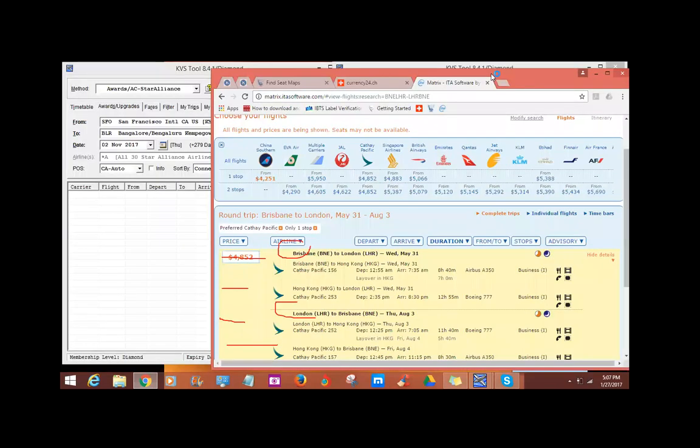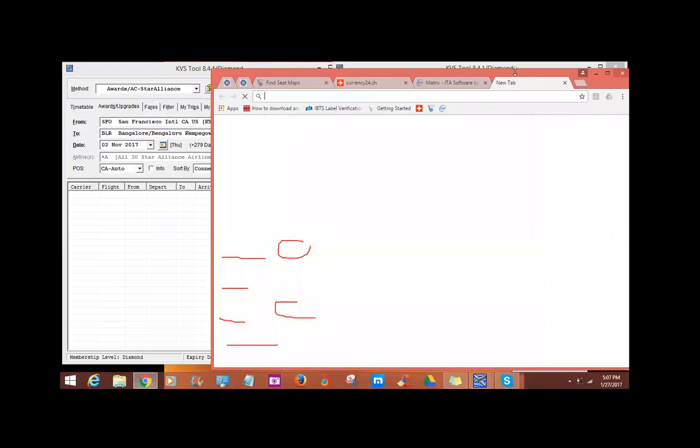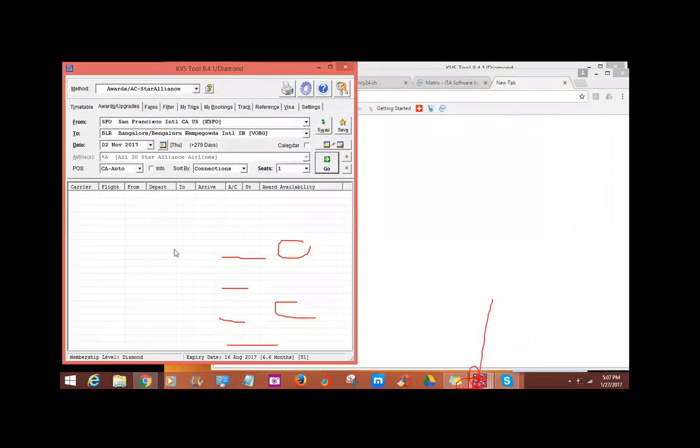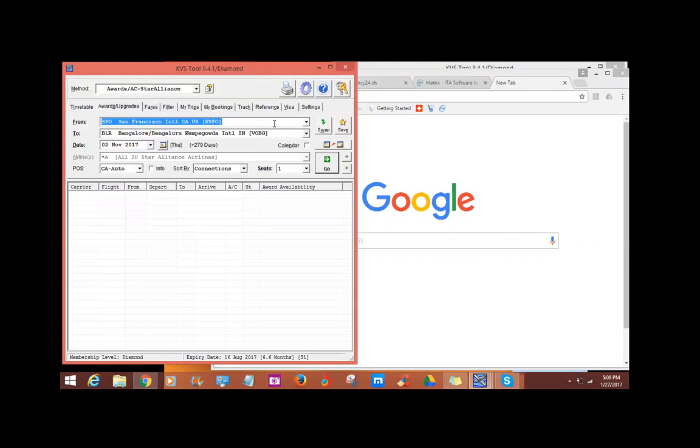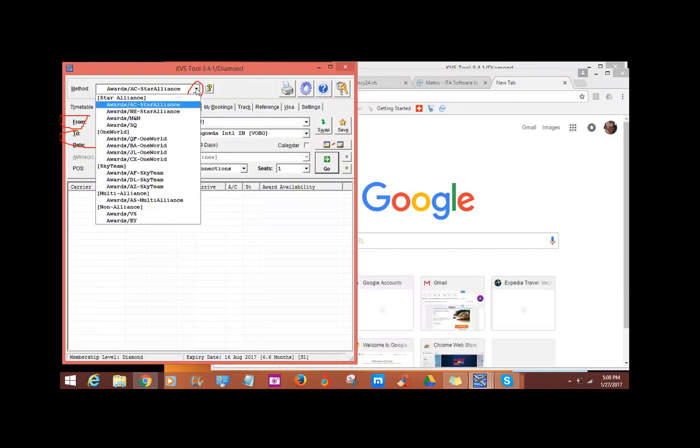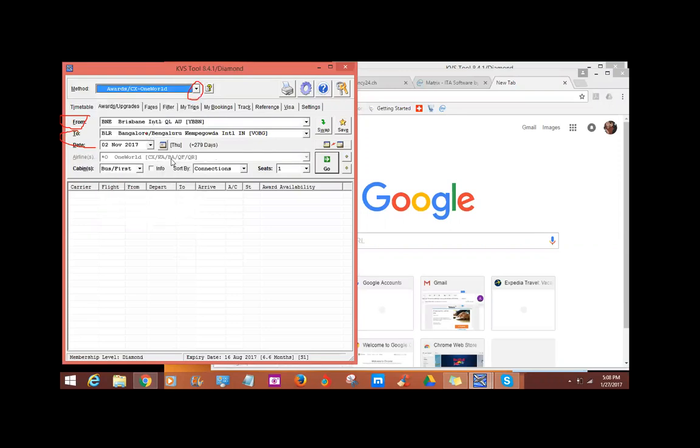So hit your KVS shortcut at the bottom here and bring up the KVS blue airplane at the bottom of your screen. And now I'm going to put in B&E to London, Boy Nancy Edward to LHR in these cities right here. From B&E to London. I'm going to change this black arrow to CX at the top. This is what I personally like to do because it's faster. Because if I find out it's not available, I'm going to abandon this and move on, because I don't want to spend a lot of time finding out that I can't send a quote, you know what I mean? So the 31st of May,